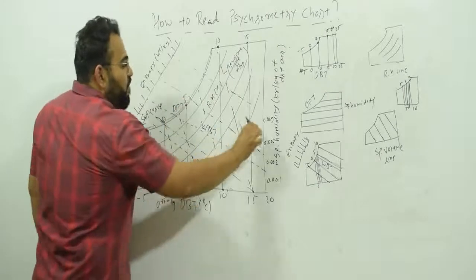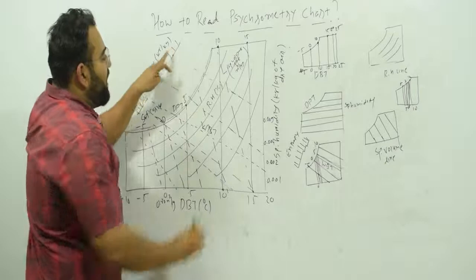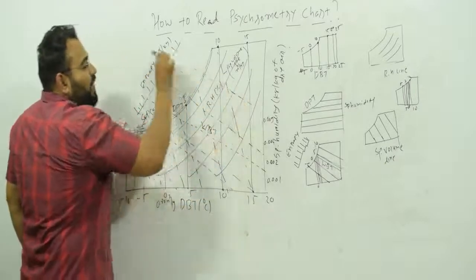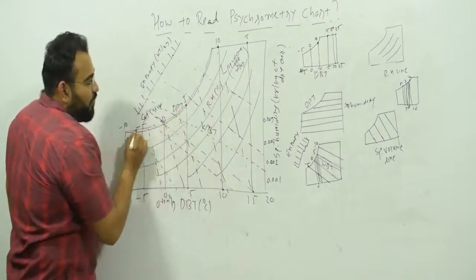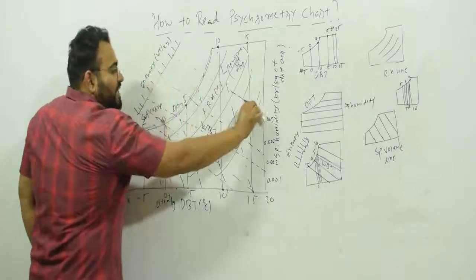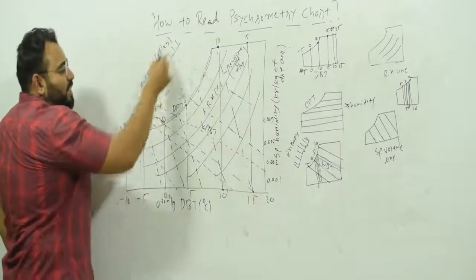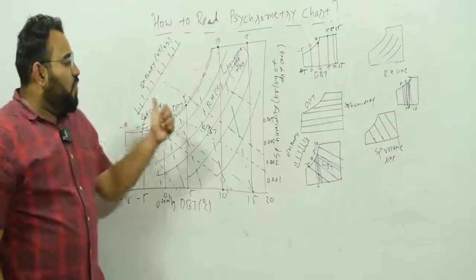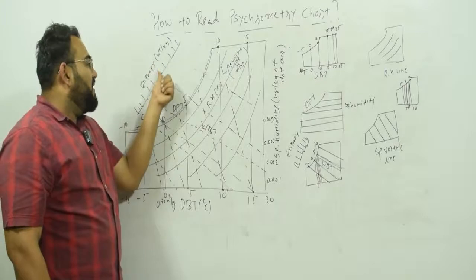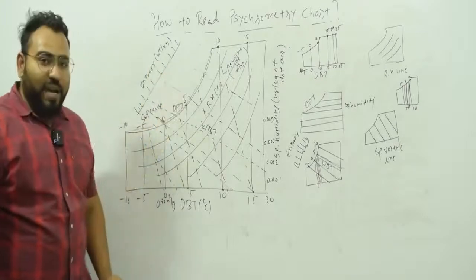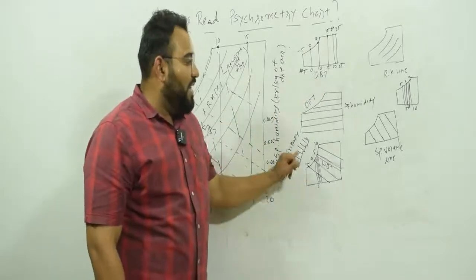But if you extend the same WBT line up to here, it will show the enthalpy for that WBT line. So the WBT line goes up to the saturation curve, like here, up to here, up to here. But if you extend the same WBT line, wherever it intersects over here, that will show the enthalpy. So this is the enthalpy scale. You just have to extend the WBT line up to the enthalpy scale. Whenever it intersects, it shows the enthalpy for that WBT line. Okay, understand? So now we have cleared DBT, WBT and enthalpy.